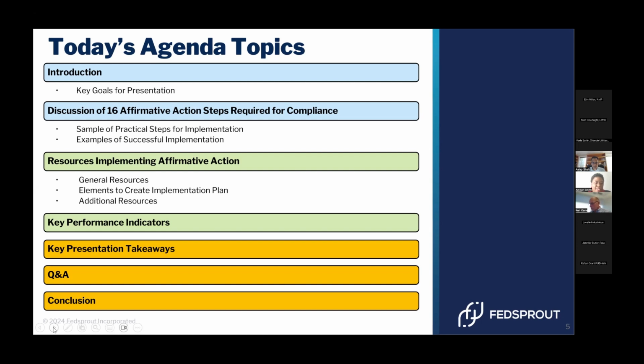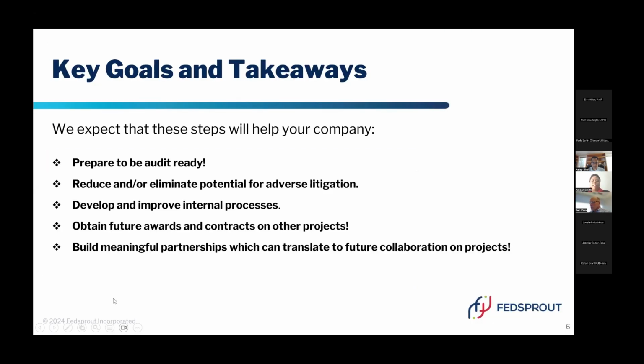So we'll start here. Today, we expect that this information will do the following. We expect that it's going to help you to be audit ready for OFCCP. We expect that this is going to help reduce or eliminate any potential for litigation like lawsuits and things like that. We believe that this is really going to help you develop your internal processes and procedures when it comes to affirmative action. We believe that with the information you'll receive today, you'll be able to even obtain some future rewards and contracts on other projects because of your outstanding implementation of these